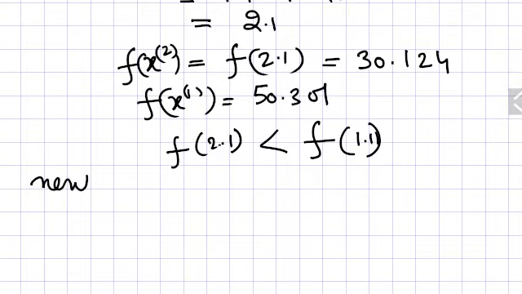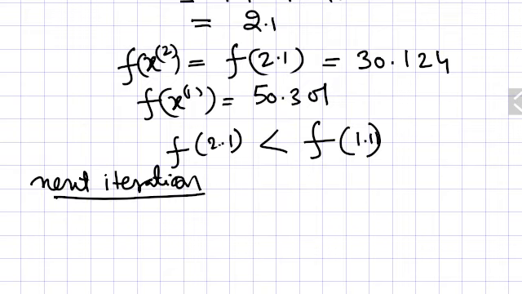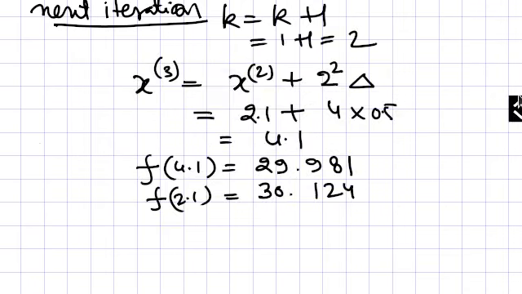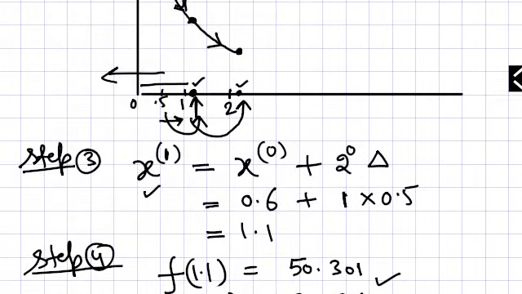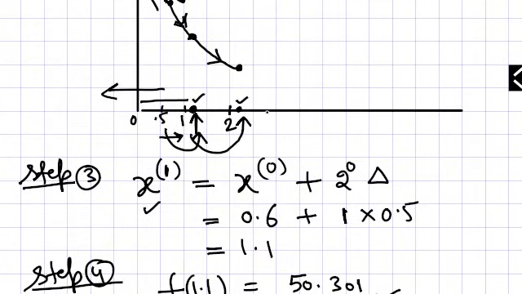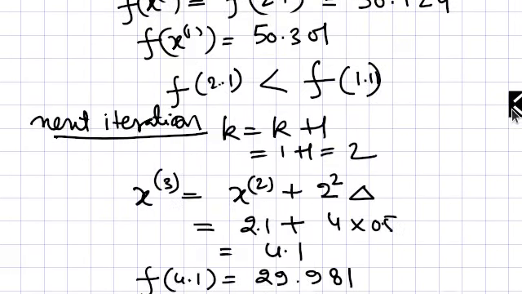So next iteration, what you will do, k is equal to k plus 1, k is 1 plus 1 is equal to 2. Now k is equal to 2. This is the next iteration that I have done. So again here it is also less than this. So it means that it is making a trend like this, 1 2 3 4. So here also it is less than, it is coming like this. Now we will go again, next iteration we will go.